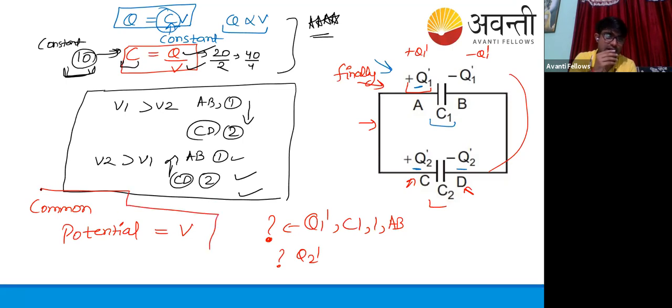And now you will be asking how it will happen. See, it is because of charge flow. Due to potential difference, there is charge flow. With charge flow, there will be changes in potential because the capacitances must remain constant for both the capacitors. I told you in the first article, this one here. So due to that, there will be charge flow, and the potential difference will vary. Then there will be a common potential and the charge will stabilize. Okay, this is the mechanism. Also mathematically, you can treat it because the capacitances must remain the same for both the capacitors. So there will be such a potential variation.